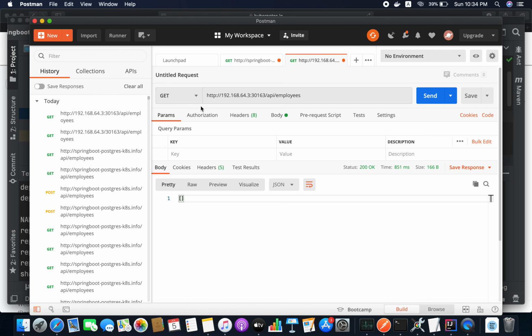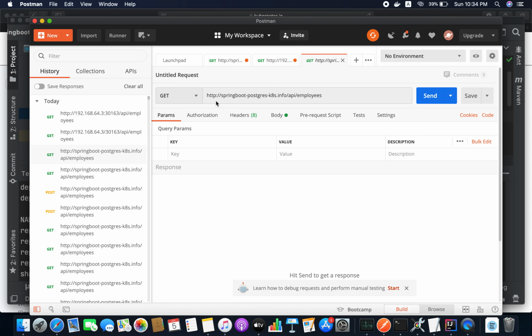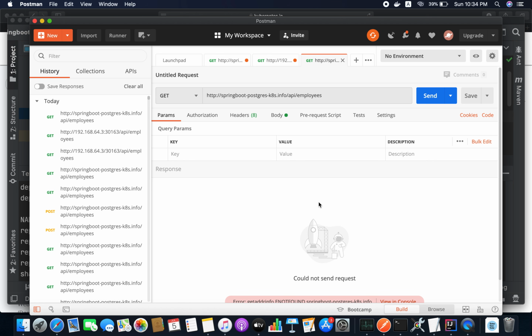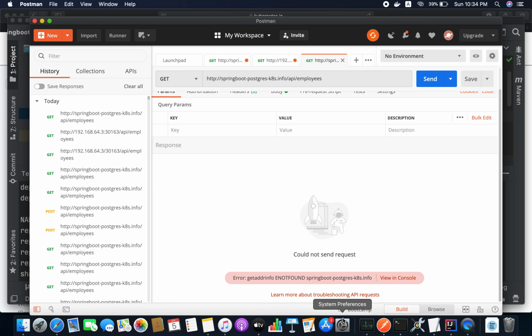This is the endpoint. It will start with http://springboot-postgres-k8s.info, and /api/employees is the context path. So let me hit the endpoint and see whether it's working or not. Could not send request.